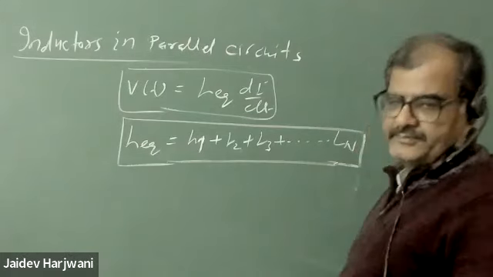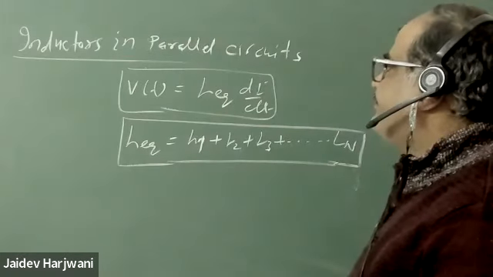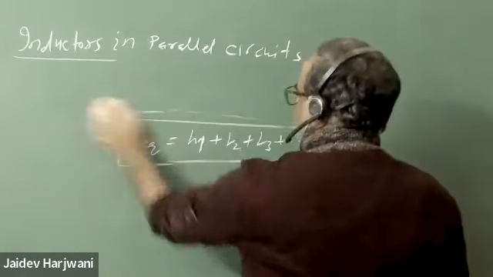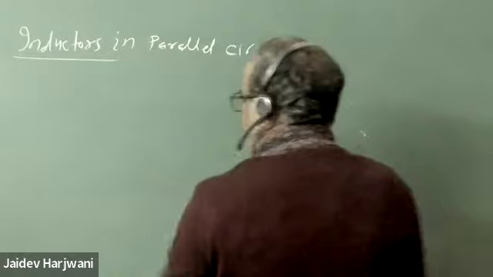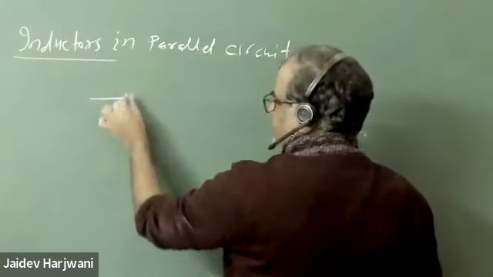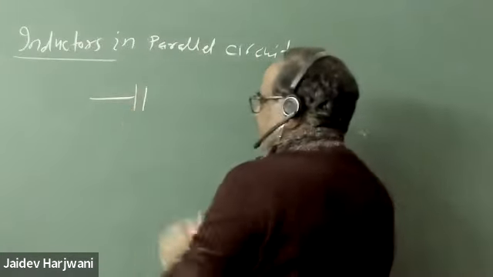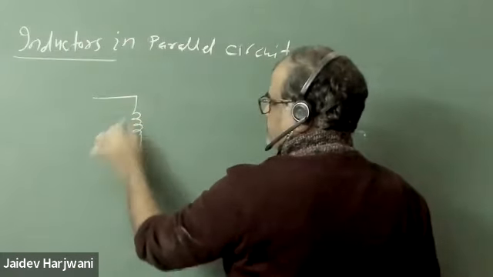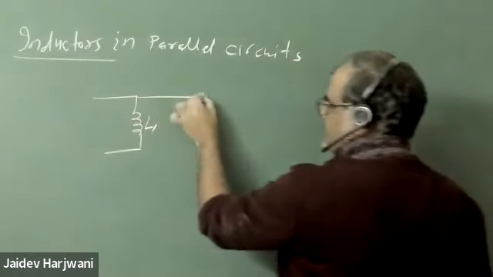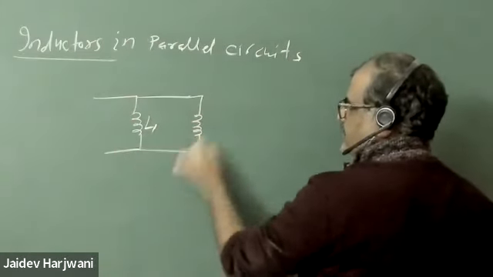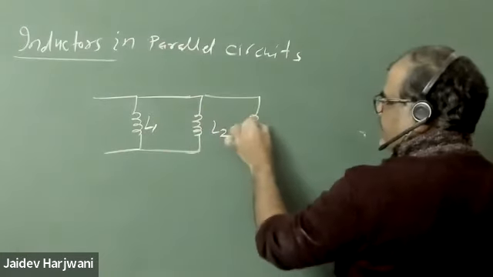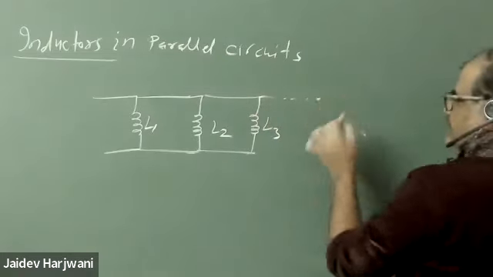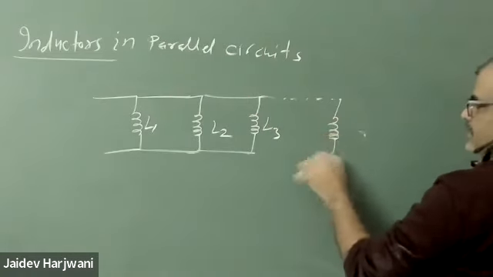Shall I erase this one? Yes, sir. Let me solve for inductors in parallel. So suppose we have these inductors connected in parallel. This is L1, say L2, say L3, and Ln,